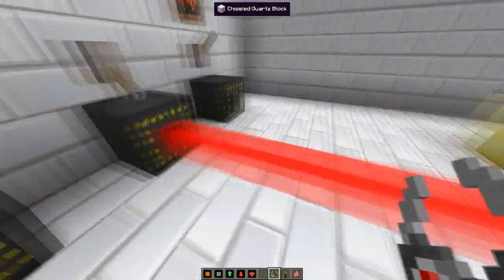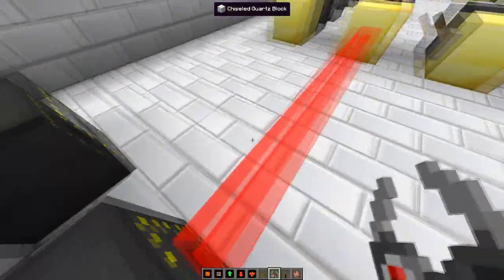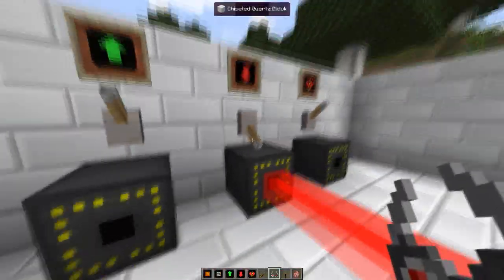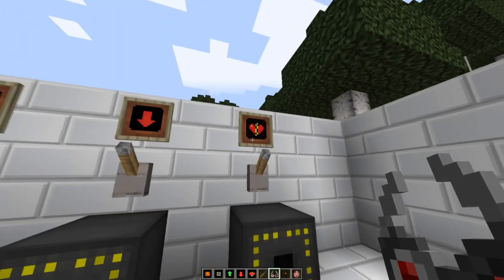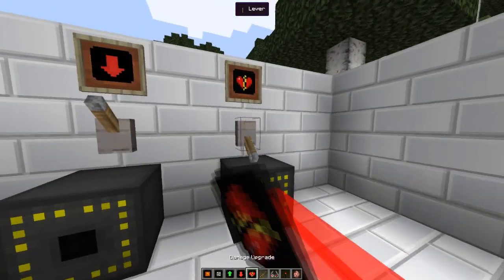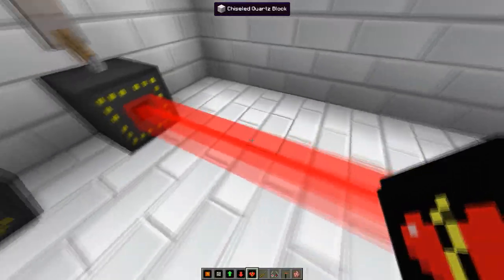The pull upgrade is basically the opposite of the push. Obviously, it will drag you towards the ground or drag you just towards the block. So yet again, you can use this to create barriers and such. The last upgrade we have is called the damage upgrade, and this basically just does damage to you when